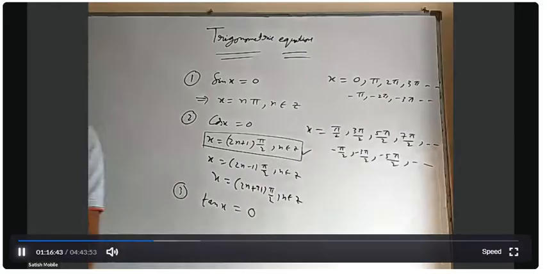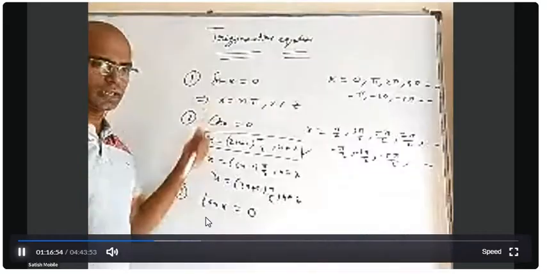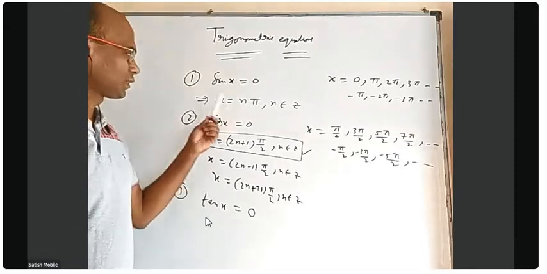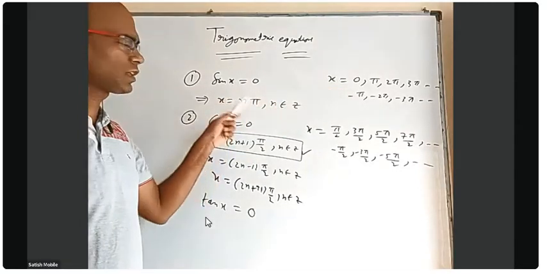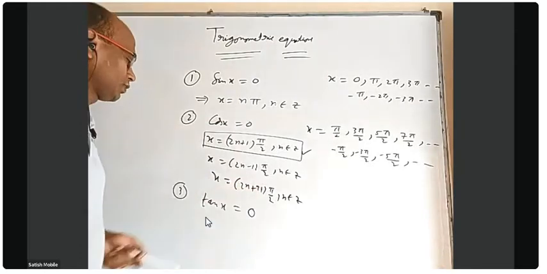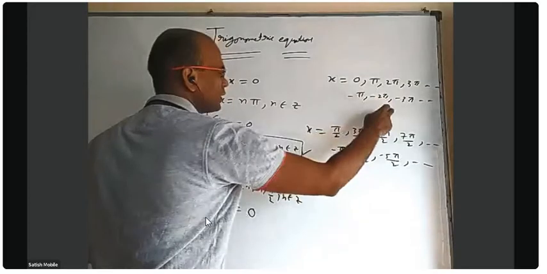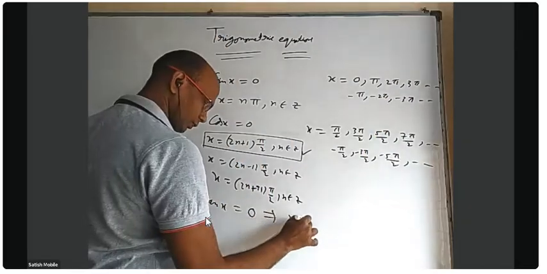Anybody want to tell what is the general solution for this? N pi. Same as sin x. Yeah, whenever sin x is 0, tan x is 0. Both are equivalent. One thing, we call this a general solution. X equal to n pi, we call general solution, where all solutions of this are covered in that. So what we are trying to write is general solution, but these are all specific solutions. So tan x equal to 0 is same as sin x equal to 0.